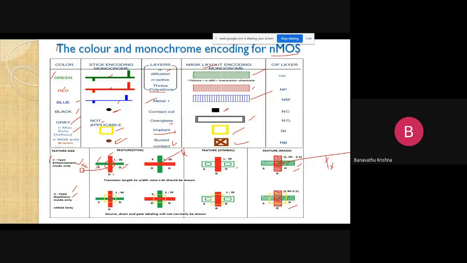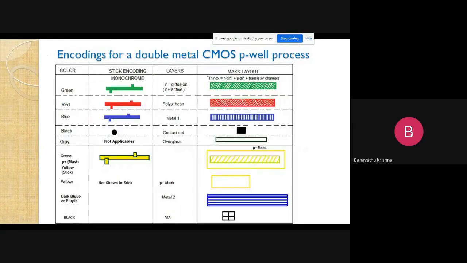Okay, and the next case is encoding for a double metal CMOS P-well process, right? Double metal. Up to this, the layers you have seen in the previous slide are the NMOS transistor, the NMOS color encoding.